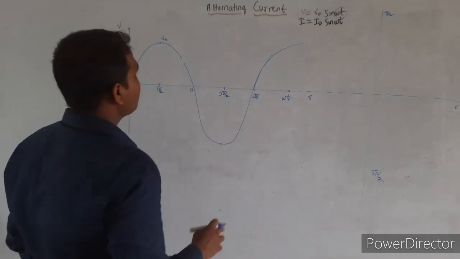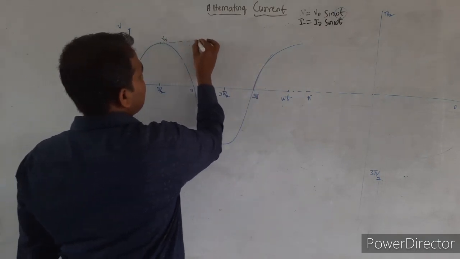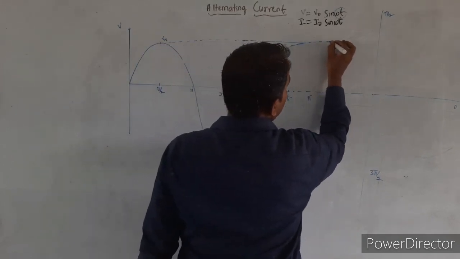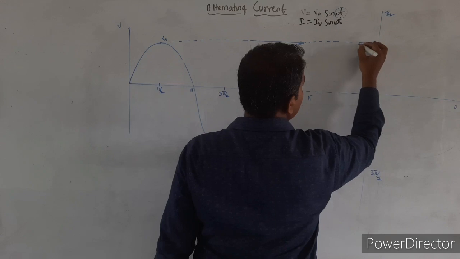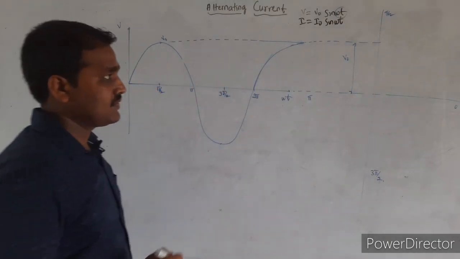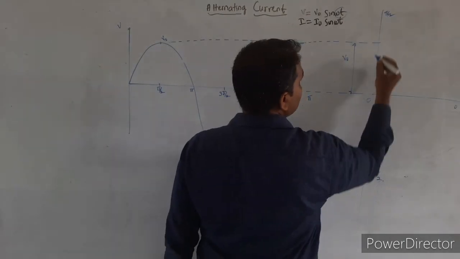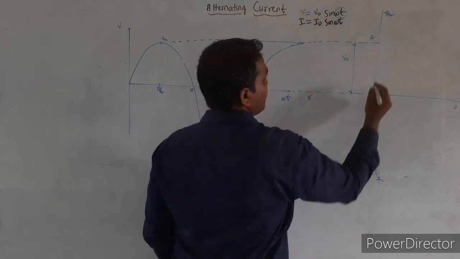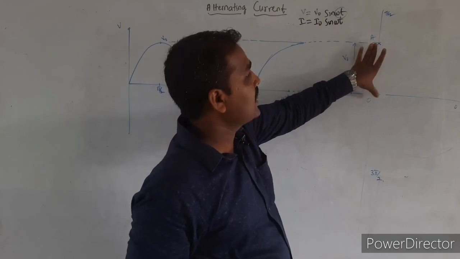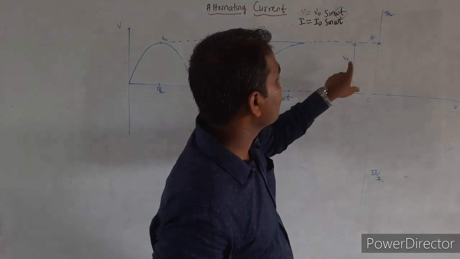Yes. So now first let us mark the maximum value of this voltage, that is the peak value of voltage. So that will just pass through the topmost positions here. So whatever this height is, this height will give me the maximum value of voltage. Then let me name this, let me write it as O to A. This O to A can be considered as a phasor or a vector. So when my angle is pi by 2, the height is how much? Maximum, that is equal to V naught.